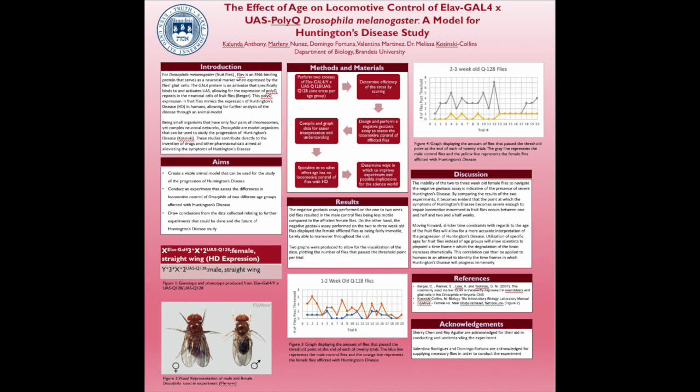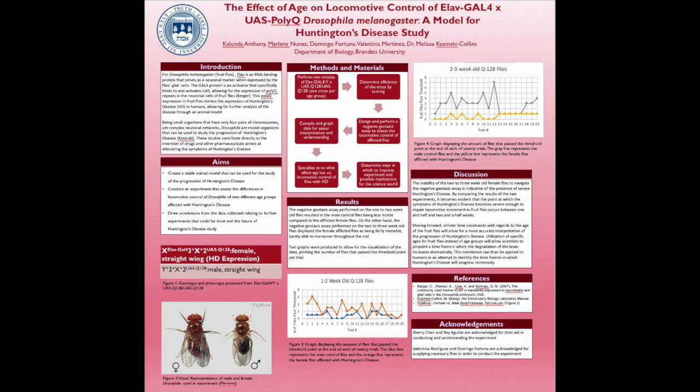Based off of the data presented in Figure 4, the inability of the female fruit flies to consistently pass the threshold is indicative of the negative effects of Huntington's disease on locomotive control. By comparing the data from the 2 figures, it becomes evident that the female flies that were 1 to 2 weeks old were not as locomotively impaired. This suggests that the point at which Huntington's disease significantly begins to affect locomotive control occurs at a point between 1.5 and 2.5 weeks. For future experiments, it would be beneficial to specifically restrict the ages of the fruit flies